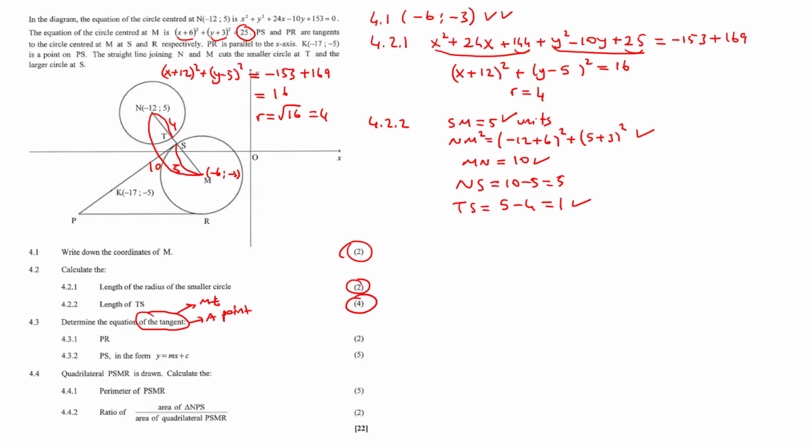What we're saying? PR is a tangent, so that means the angle between MR and the tangent line is 90 degrees. So coordinates of R would be, since it is 90 degrees here, it is parallel to the y-axis. So x coordinate will be -6, and y coordinate will be, since it is 5 units, -3, 5 units down, -8. So coordinates of R will be here,